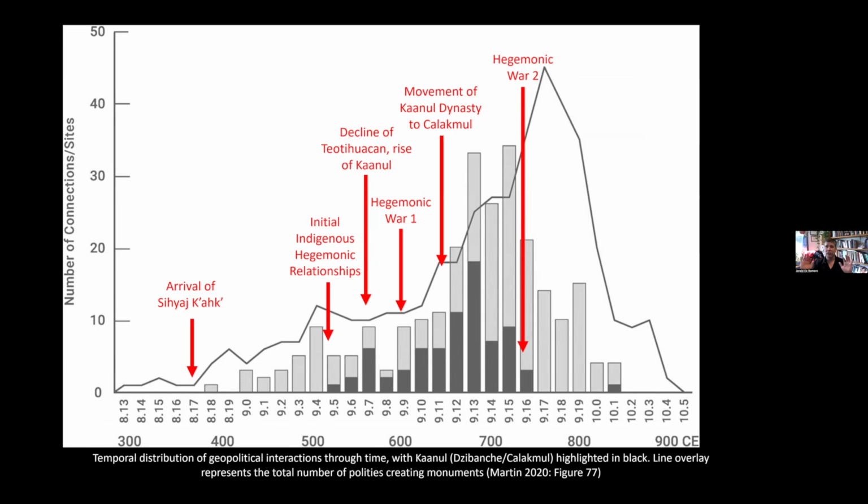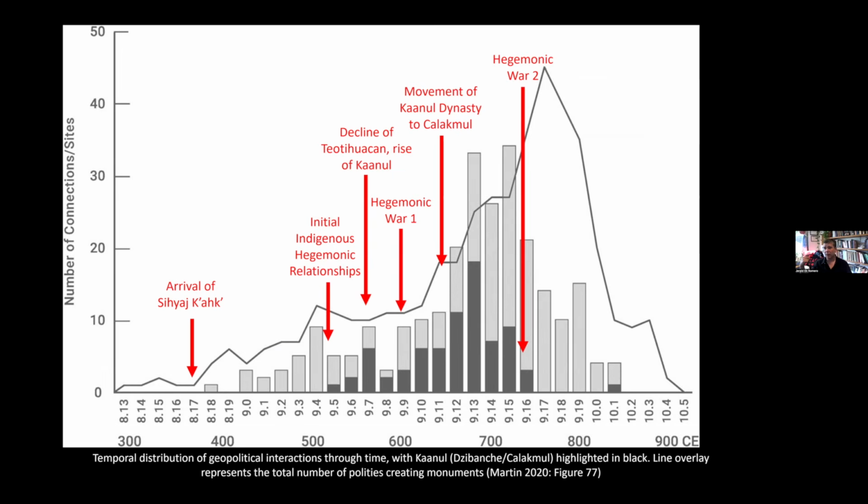I want to tie this into the notion of hegemonic stability and hegemonic warfare, where we have a period where Teotihuacanos basically introduce imperialism into the Maya area. We see direct control of polities over other polities that exists for a few generations. And then there's an upheaval, a rise of a rival, direct conflict or conflict between vassals, and then dissolution of that previous system and its replacement with a new Kanul-dominated network that exists for, again, a handful of generations.